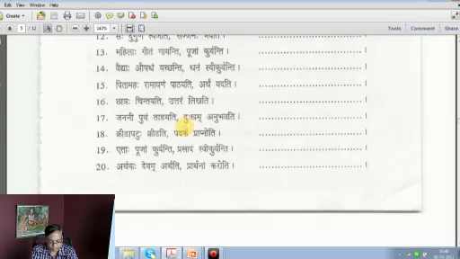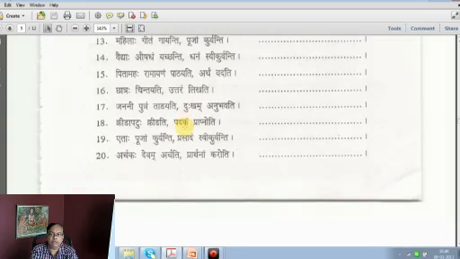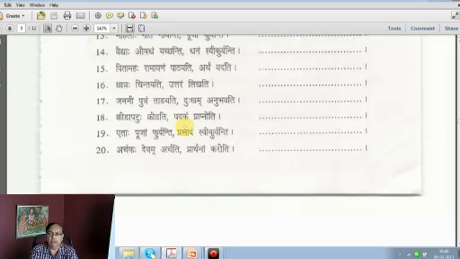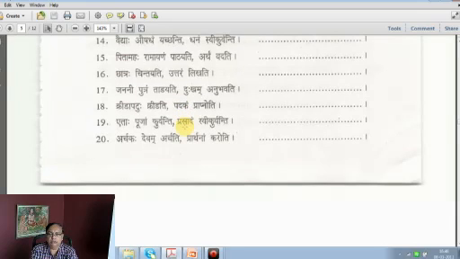Next. Krida Patuhu Kridati Padakam Prapnoti. Krida Patu means sports person. A sportsman plays and gets a medal. Padakam means medal. So, Krida Patuhu Kriditva Padakam Prapnoti. A sportsman, having played, gets a medal. A sportsman gets a medal after playing for his country, whatever it is. Krida Patuhu, please mind it, is a sports person. Padakam is medal, prize.